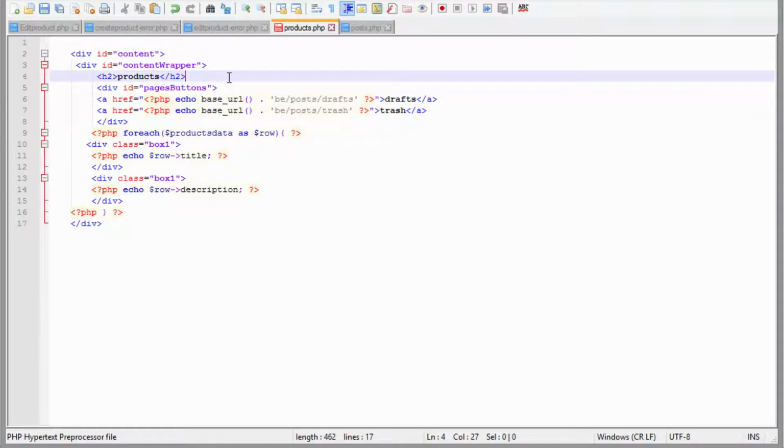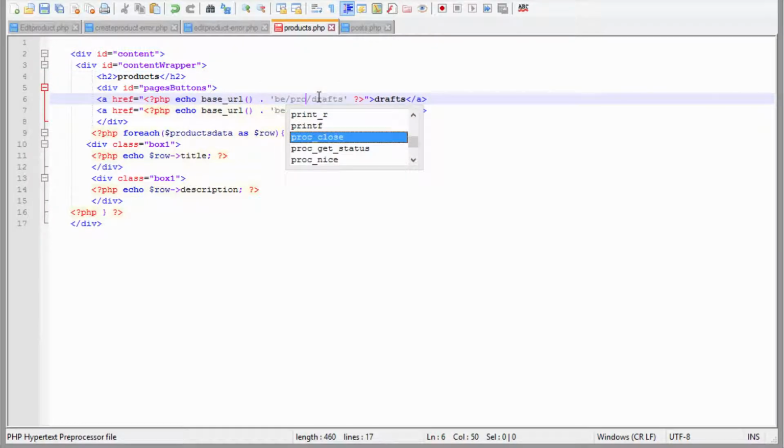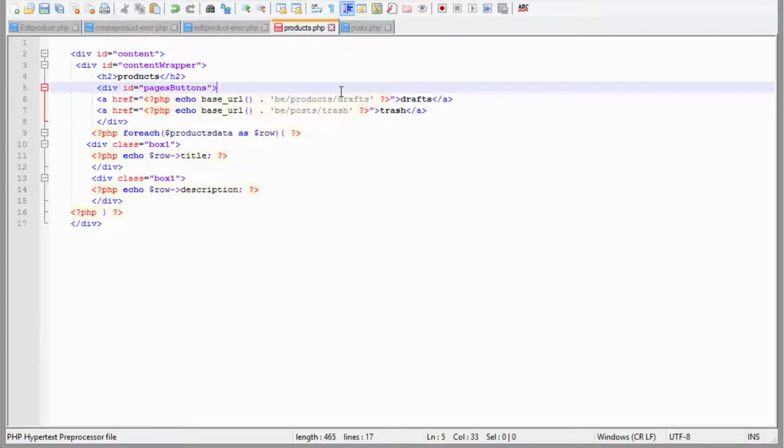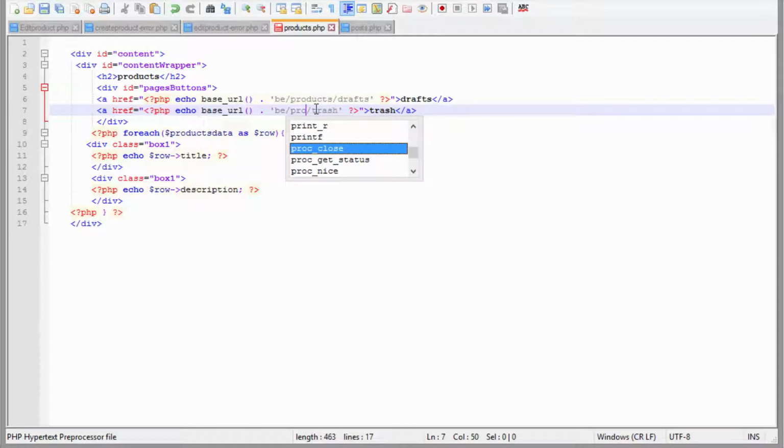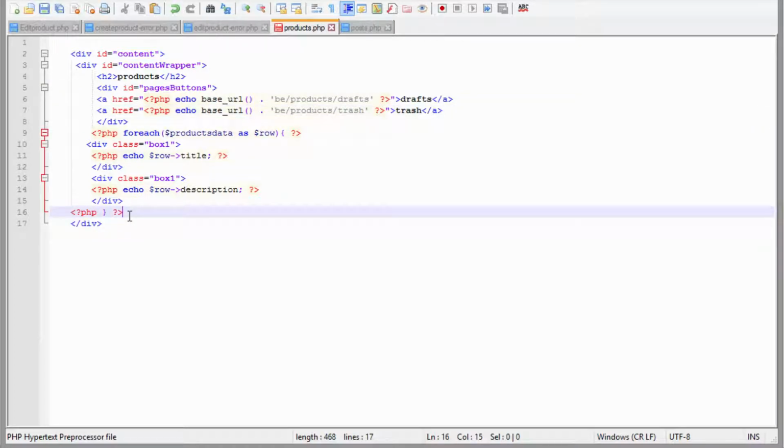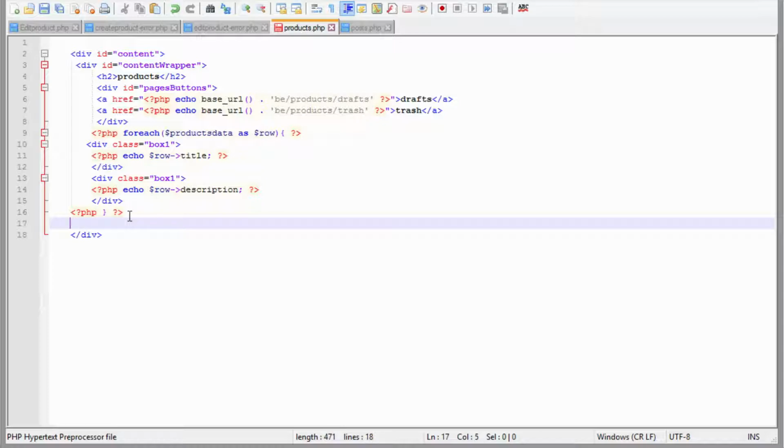And we need to change our route URLs from posts to products. We'll have to put in our ending div tag for the content wrapper,